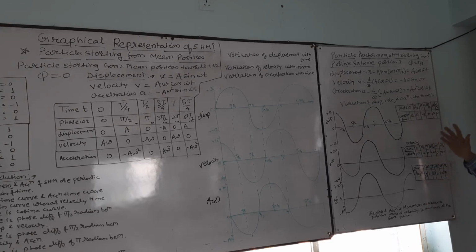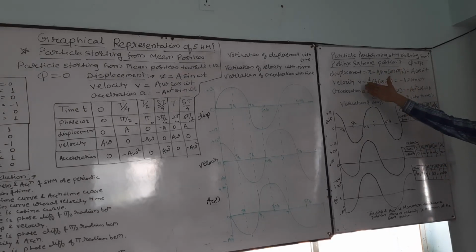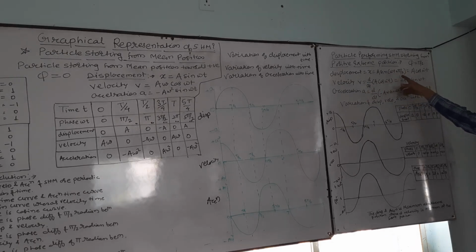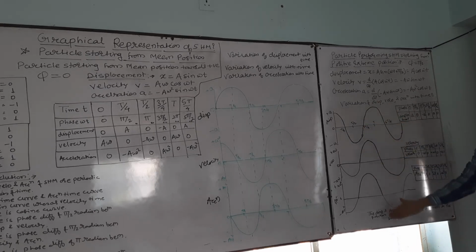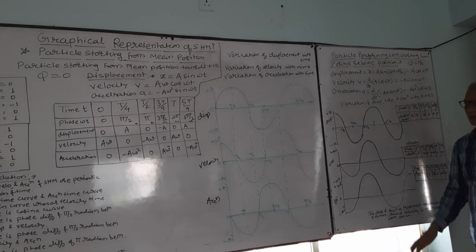You have to finally find the three. First of all, displacement, velocity and acceleration: three different equations. x is equal to a sin of omega t plus pi by 2, that is a cos of omega t. Again by differentiation, find velocity and acceleration. Find these three equations. Then substitute the value for phase 0, pi by 2, pi, 3 pi by 2, twice pi and 5 pi by 2. From each equation you have to find the values for displacement, velocity and acceleration, find these three different graphs and finally write the conclusion.